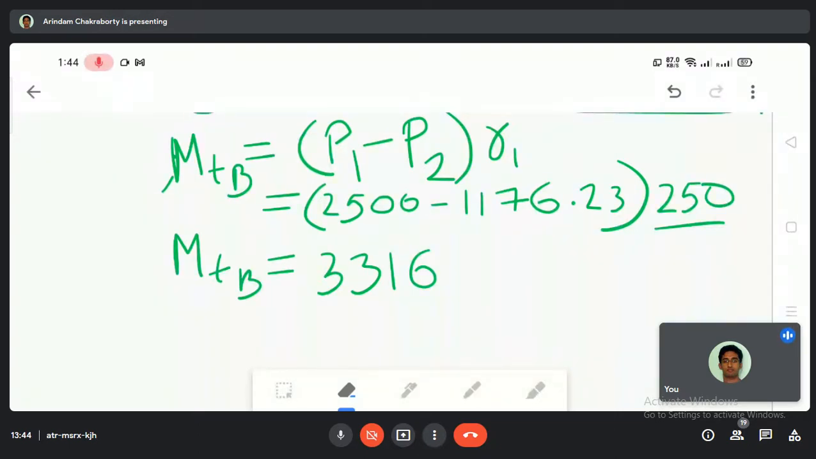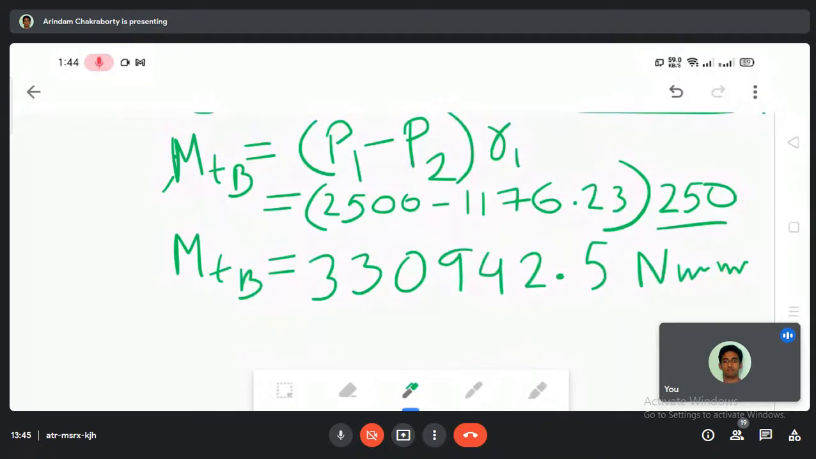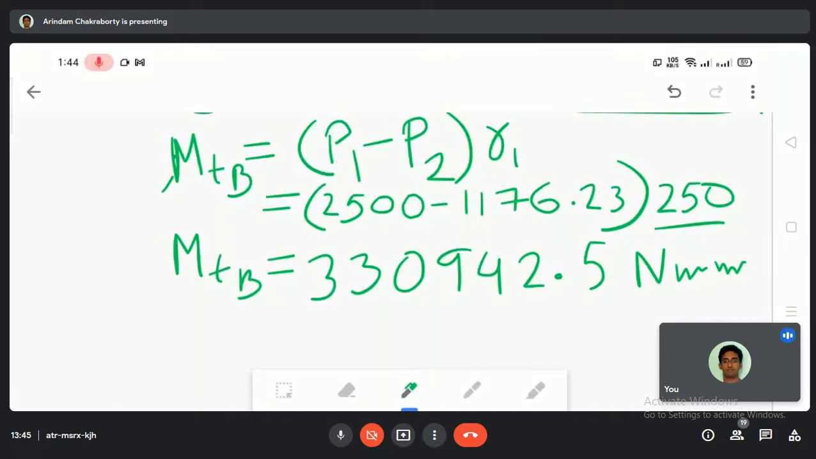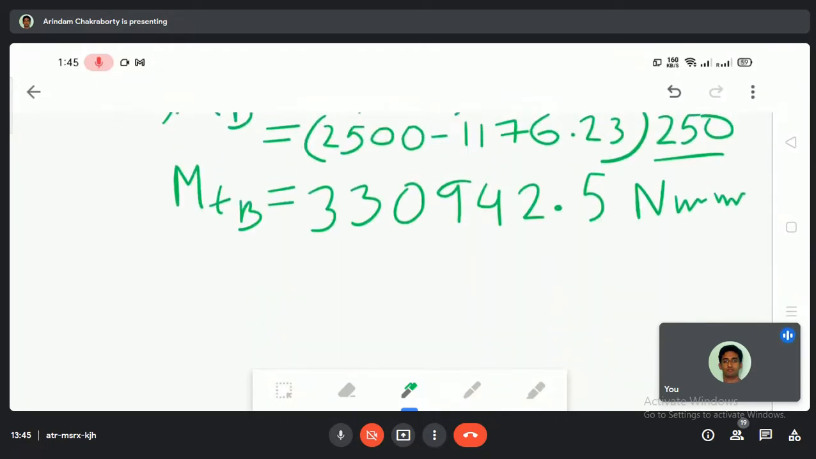331 কত তোমাদের এরকম আছে? 33094.5, হ্যাঁ, এটা আসার কথা। 33094.5 আসছে, unit নিউটন মিলিমিটার। এটা আমি বুঝতে পেরেছি। ঠিক আছে, ওকে ফাইন। অ্যাটলিস্ট এটা বোঝো। Now after that what we know